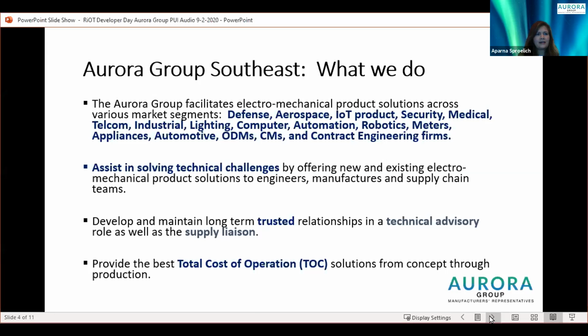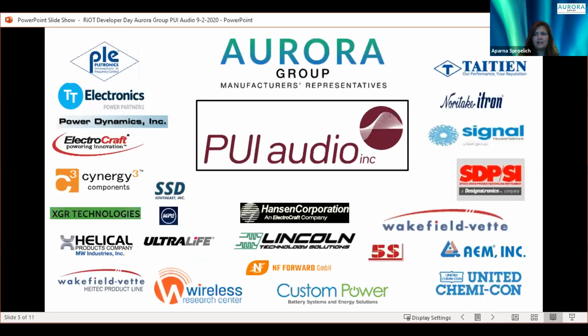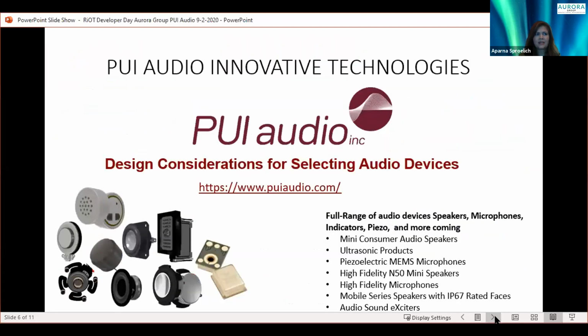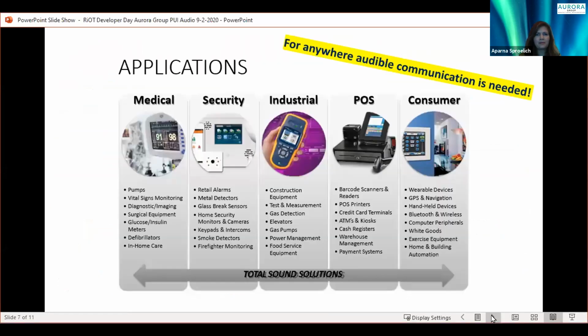Here's a glance of the products we support, all kinds: batteries, capacitors, heat sinks, transformers, mechanical parts. In today's presentation, we're going to focus on PUI Audio, you can see squarely in the center. PUI offers many types of audio devices, ranging from indicators to microphones and high-end speakers. PUI has many capabilities and is happy to assist in efforts in speaker placement and microphone placement, which is really key to making sure these operate properly.